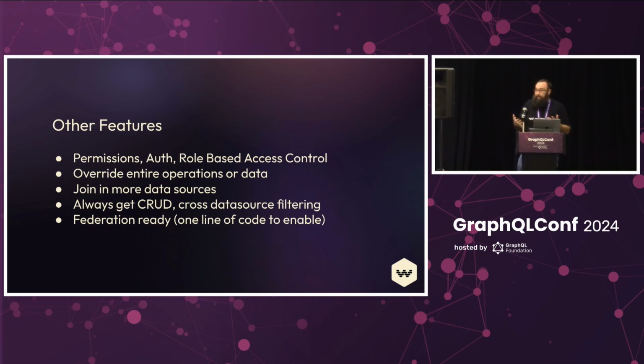You can join in more data sources. You always get CRUD for free, and you get this cross-data source filtering, regardless of whether your backend supports it. It does it in memory, so that does have scaling limitations. There's only so much data you can jam into RAM,